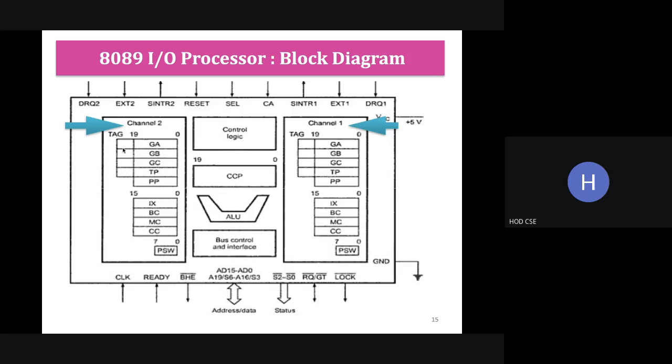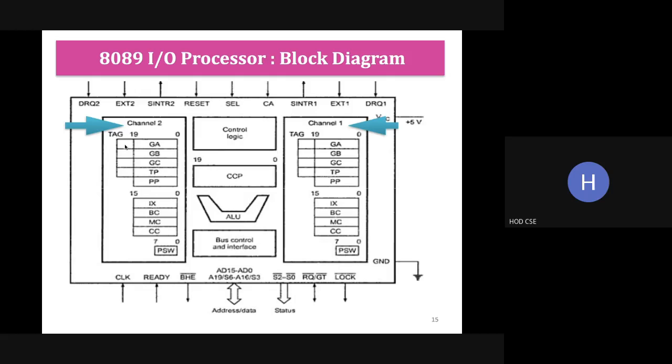It can be either 0 or 1. If it is 0, we are accessing the 20-bit system space, the 20-bit system base. That is the shared memory. We are accessing shared memory. And if it is 1, we are accessing the local bus. That is the IO address, the 16-bit IO address we are accessing.